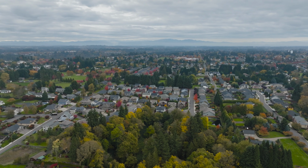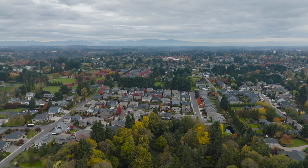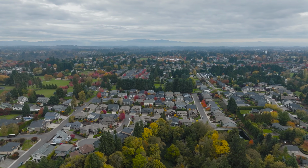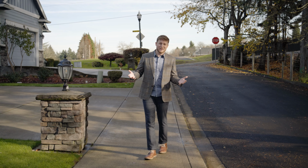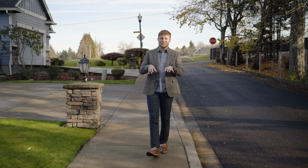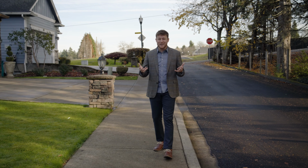So as you can imagine, given the proximity to downtown Vancouver and downtown Portland, how close you are to I-5, and then all of the natural beauty that is afforded by being so close to the Columbia River, demand for Felida is very high and it continues to increase. And that's in large part because the builders can't keep up with demand for the people that want to live here, and the homes that are being built are very expensive, which is to say it is a very hot